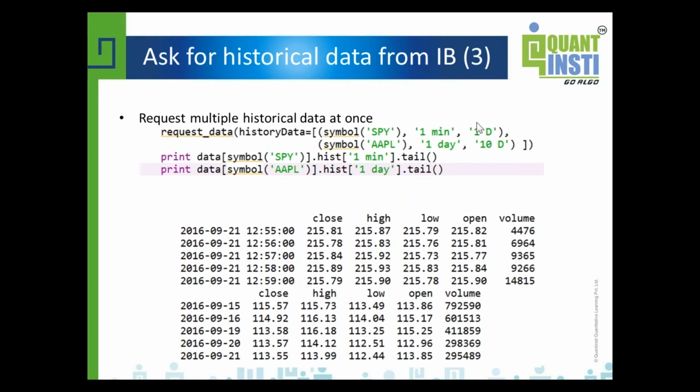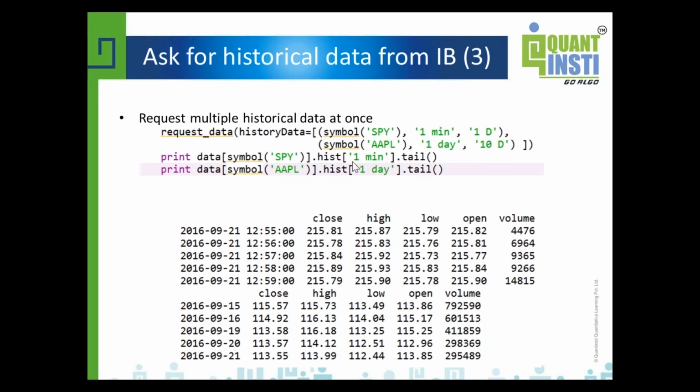And the dot tail is just for this webinar, I want to show the last 5 lines of the pandas data frame. You will see it's just 5 lines because I put dot tail here. The first one is SPY 1 minute data, and the lower part is the stock of Apple, which is daily data. So in your program you can use it.